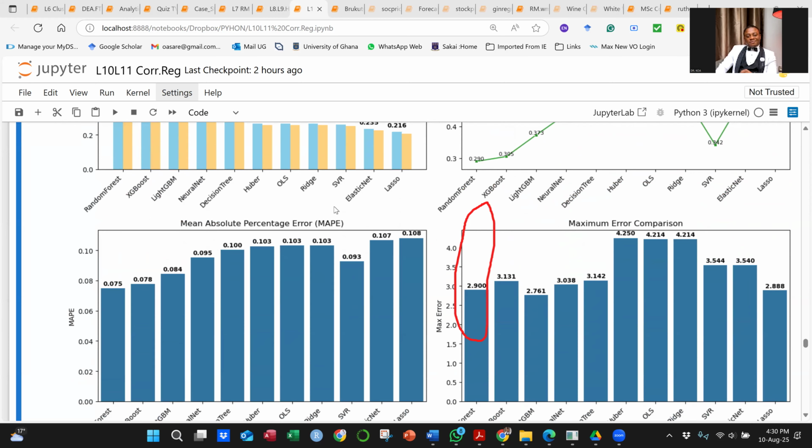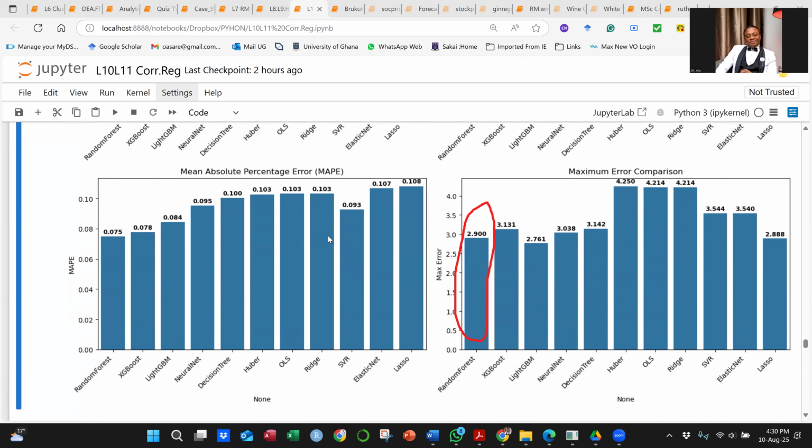Now, looking at the mapping, once again, you see the random forest is leading. You can put one sentence to talk about all this in your work, but the graph will make the reader enjoy what you have done. It shows clearly that, wow, I love this. I think one of you, when you ran the code, said, wow, because everything is turning out that random forest is consistently leading, with XGBoost following, also consistently doing well.